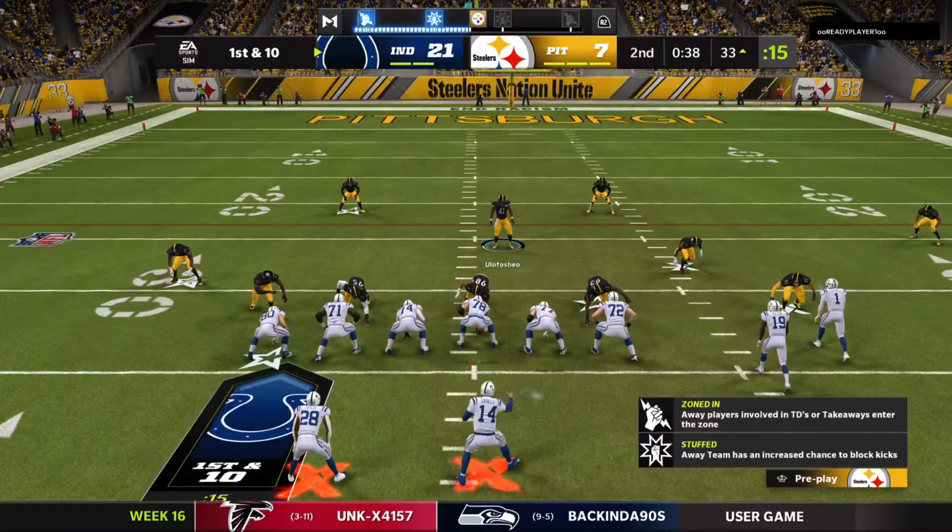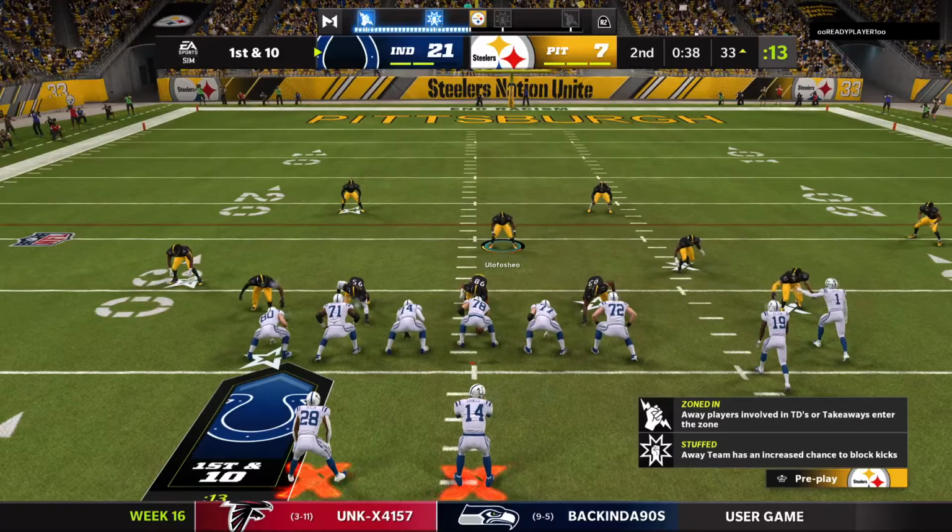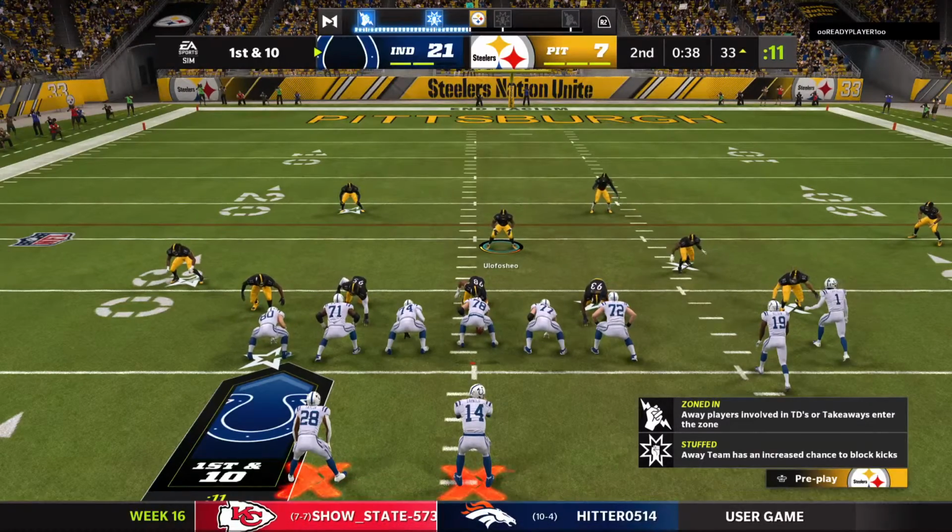41 for Mike. 41 for Mike. Check 41. Let's go, defense. Let's get out the field,